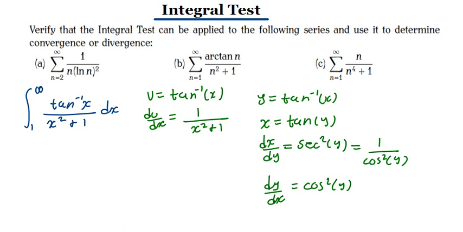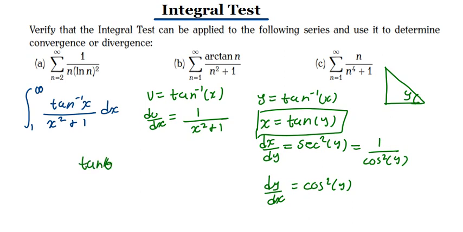Not yet. So just look at this right angle triangle here. Then you have a y here. That's your angle. Why am I talking about it being the angle? I'm picking it from the inverse of the inverse, as I call it. So tan y is equal to x. Remember from SOHCAHTOA, tan theta is equal to opposite over adjacent, and my opposite is x, meaning adjacent is 1. So your opposite is x, your adjacent is 1, meaning the hypotenuse must be the square root of x squared